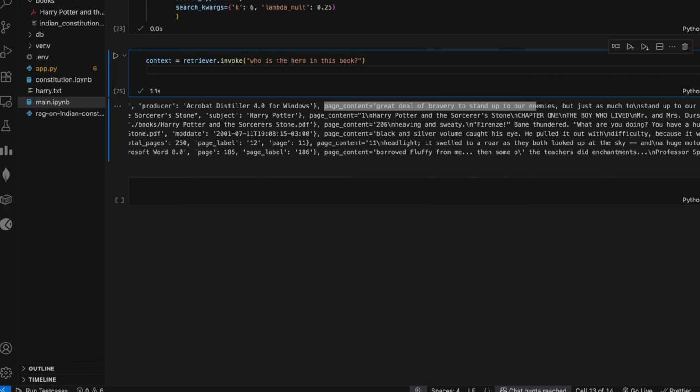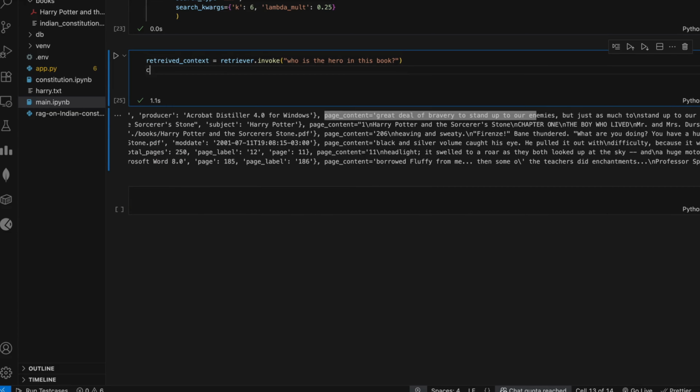So for that we have to retrieve the context. This is actually the retrieved context, and we have to create another context from all these documents, taking the page content, and